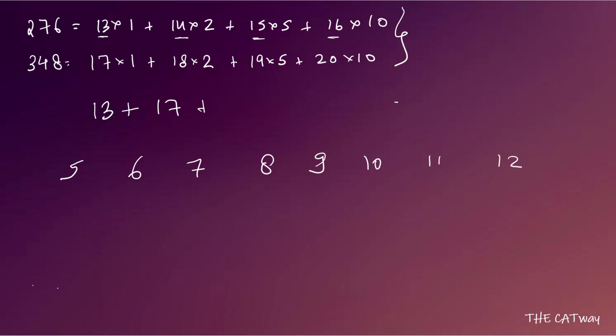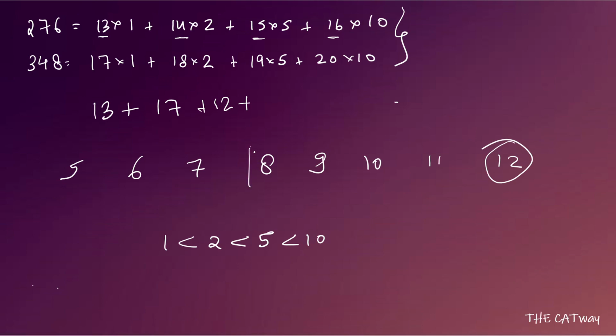For B we haven't been given any specific conditions. So what we can do is say that B has 12 1-rupee coins. We can say that because there is no harm in saying that. Once we say that, let's write 12 here. Now we have to distribute 11 to A. For A we know that the number of 1 rupee coins is less than the number of 2 rupee coins, which is less than 5 rupee coins, which is less than 10 rupee coins. So we can assign them consecutive numbers.